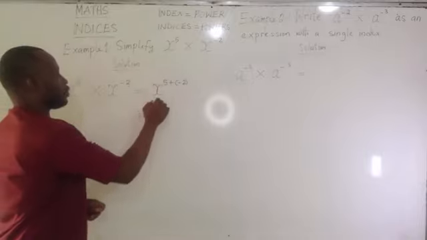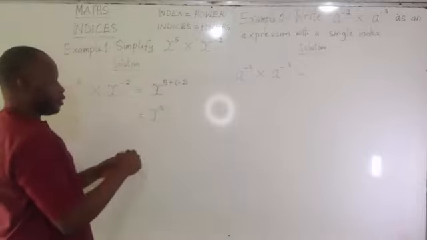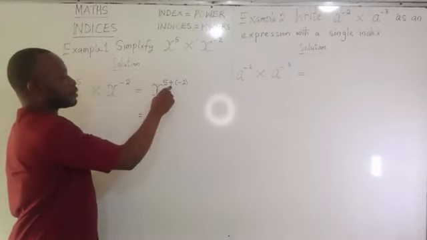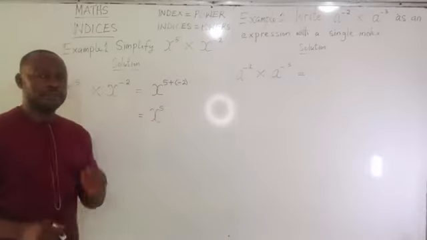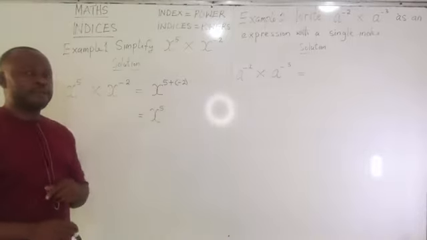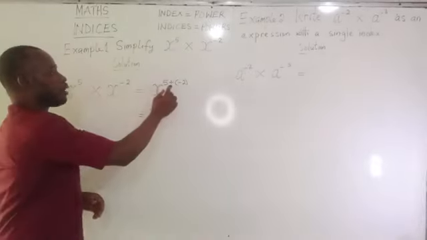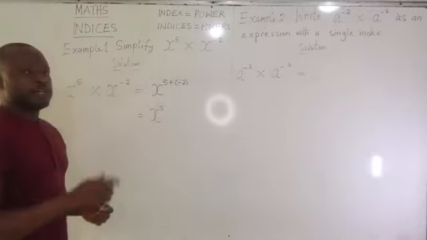So we'll continue. X raised to the power 5. We need to clear this bracket here. We need to clear the bracket. Plus times minus. Do you remember your JSS1 mathematics? When you want to clear brackets, you have to multiply. Plus times minus equals